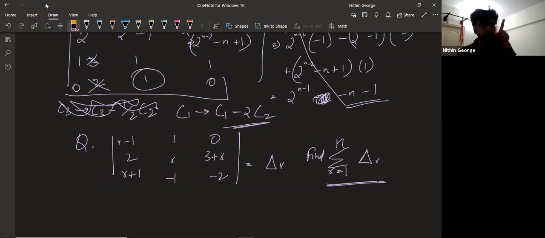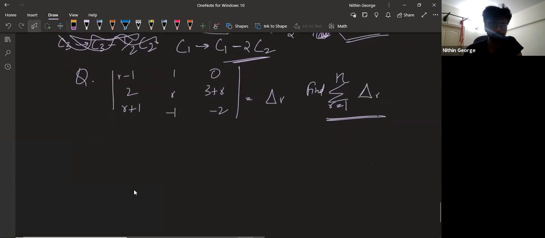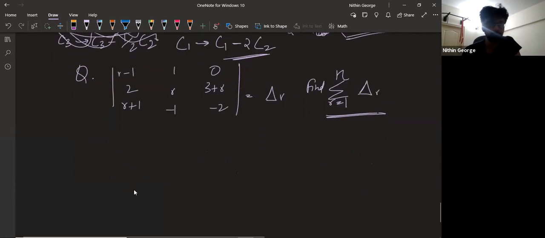We can pick one row and do it. But then the issue is the other rows should be constant. All items should be constant. It's not the case. So the only way you do it is you expand the whole thing. Okay, this is tedious. You expand the whole thing and then find the sum. All right. Okay, guys, you simply expand the whole thing and then find the sum here. Hope this was clear to you. Yes, sir.